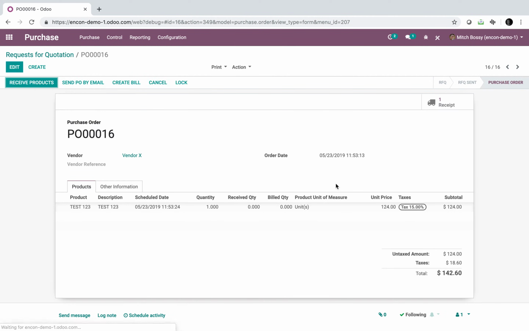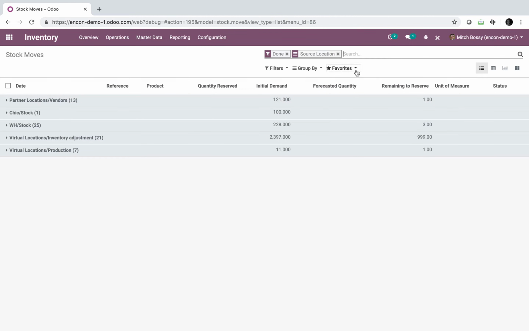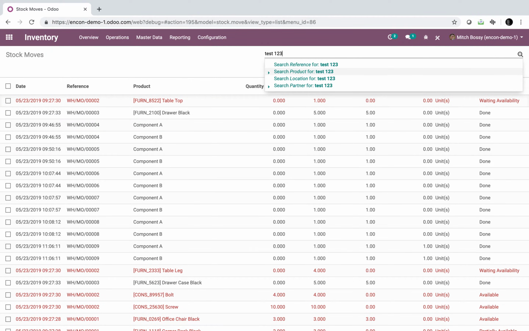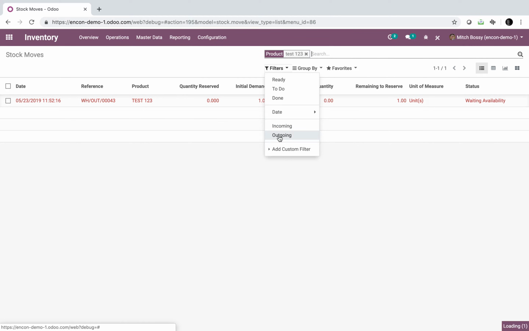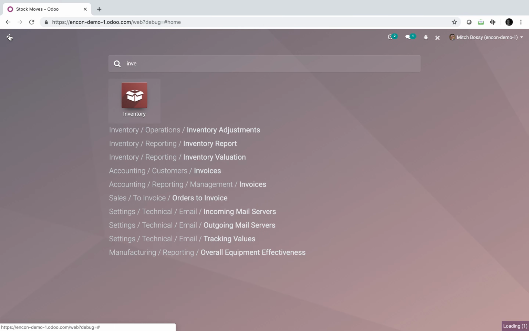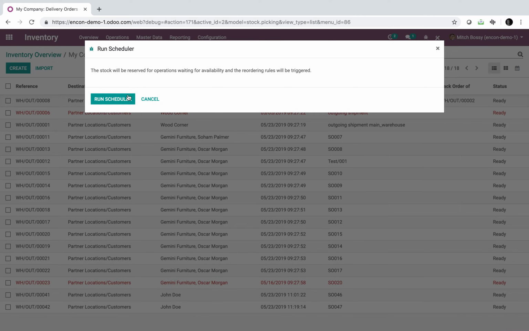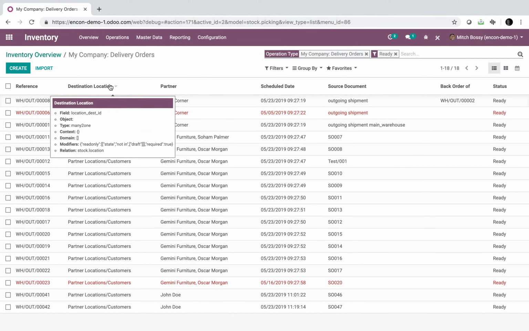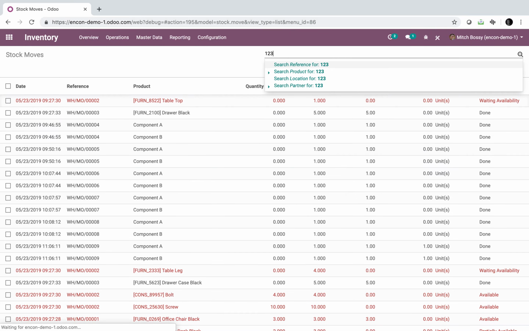Just like that. Confirm. That generates another stock move. So now you'll see when I go back to my stock move here and I look at test 1, 2, 3 as the product, we have 2 stock moves. 1 stock move is for the in, 1 is for the out. I can always differentiate what's incoming and what's outgoing with these filters here. And now when I go to the inventory, all I really have to do is run my scheduler, and Odoo will automatically allocate that stock to that delivery order. And the minute it allocates that stock to that delivery order, you will see,